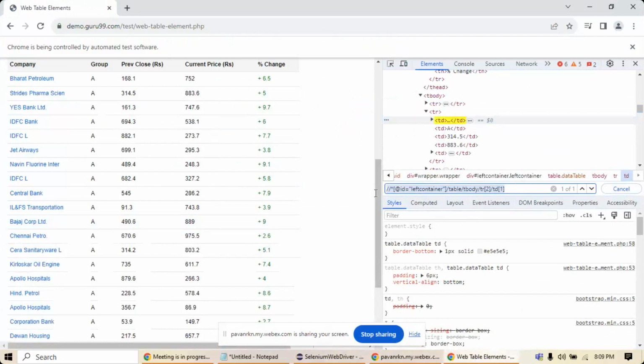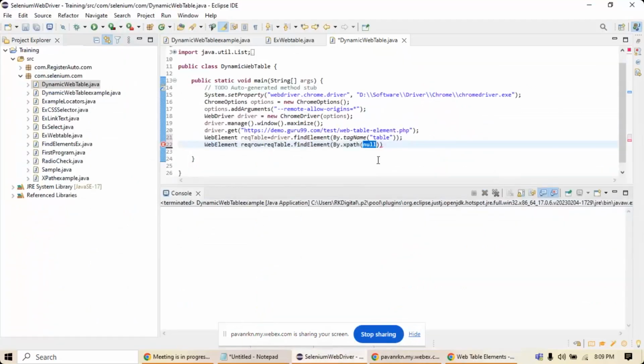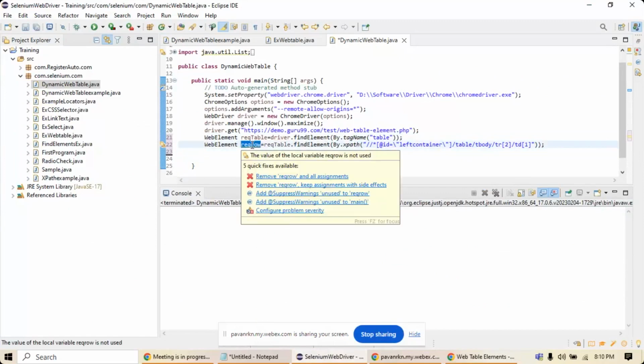So see here, this is the xpath. You will simply copy and paste it here, within the double quotes. That means you got the row, whatever the required row is, that you have received. Now what you want to do is know the text value, what is there in the text value. So to do that, whatever value you have written,